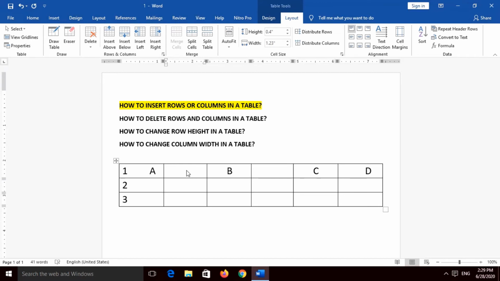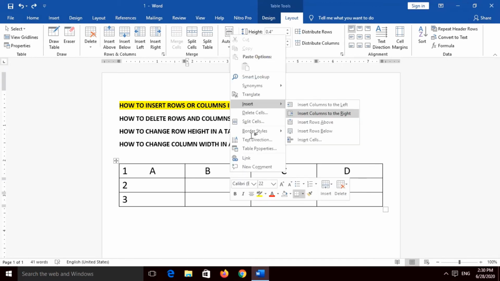Now one direct option to insert a column in a table. So let me remove these two first. Now again I am going to insert a column between B and C. So what you need to do is just right click after putting the cursor on B or C, anywhere. Suppose to the right hand side of B column I want to insert a column, put the cursor on B column, then right click there, then there will be an option coming on the menu, on the drop list.